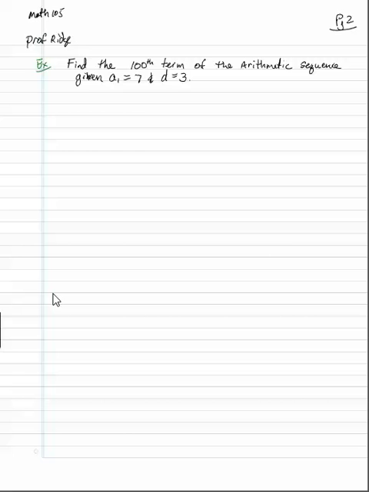Okay, so the same sequence, we want to find the 100th term. So again, I don't want to, I already got a sub 12 is 40, and then it'll be 43, and so on. But let's see if we can figure out a shortcut. And the idea is, since we're adding